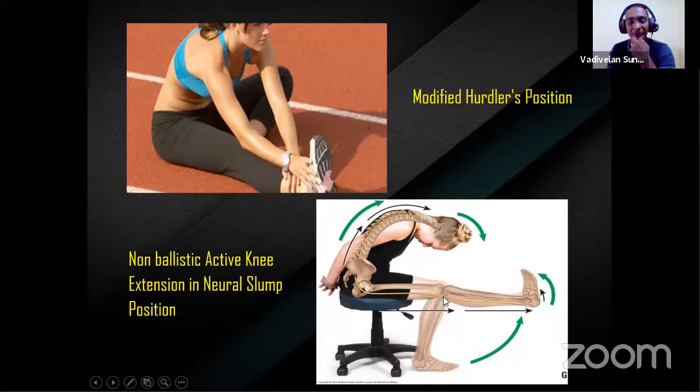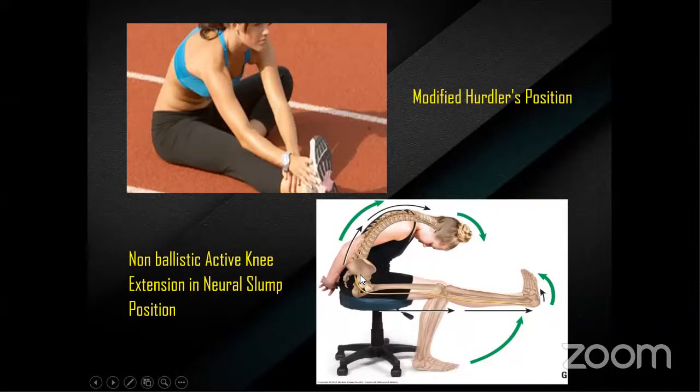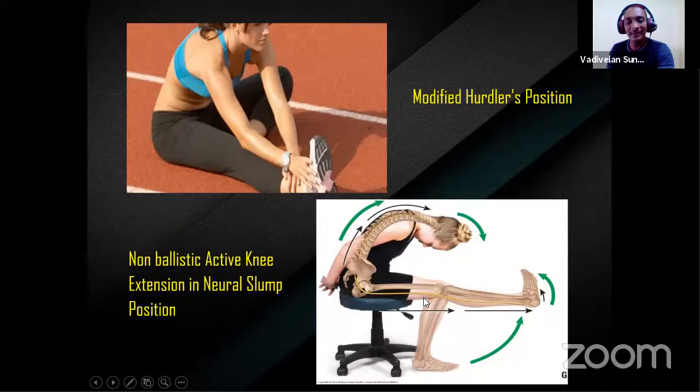It means that in the position, the athlete may be asked to perform the active knee extension at least 30 times, okay? So automatically he is stretching the hamstring along with his neural tissues, the spinal cord and the fascia. The fascia is stretched in this position. This may help the athlete to maintain the flexibility for a long time.